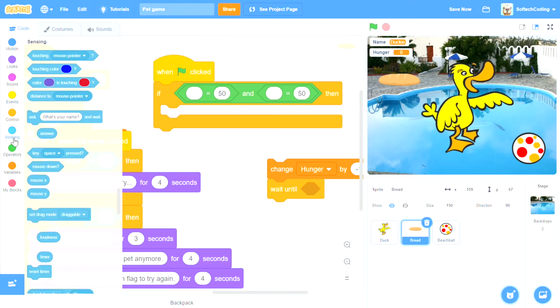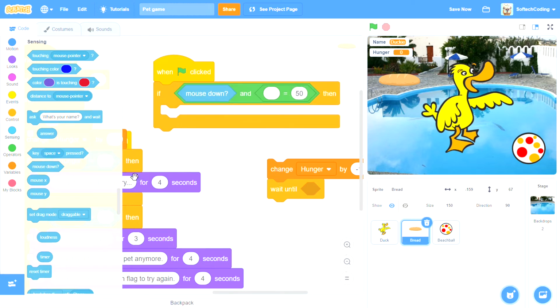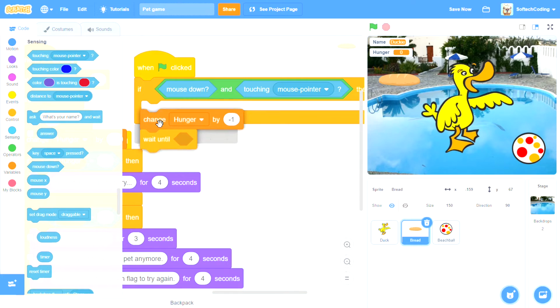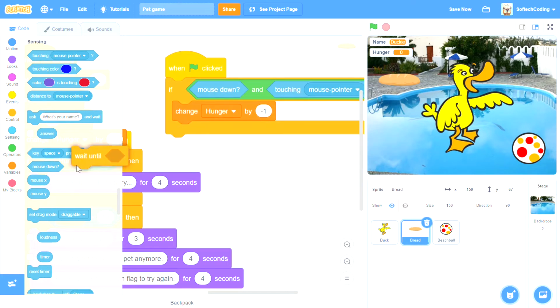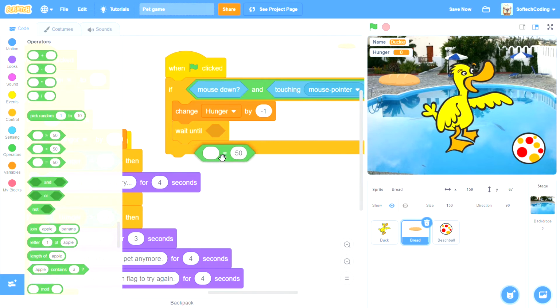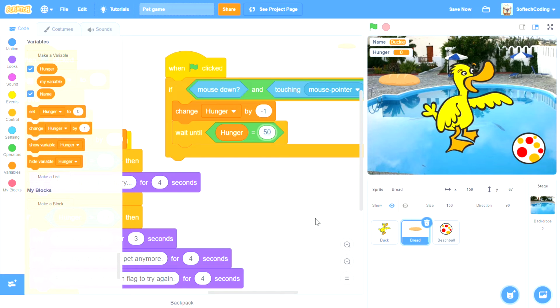Now we're going to do the same thing here. We're going to go to sensing. If mouse down, oh, we don't need this one here. If the mouse is down, alright, and we're touching the mouse pointer, that means that we're clicking on it. Alright, we're going to change hunger by -1 and we're gonna have to wait maybe a few seconds. What if we do the wait until? Wait until, let's go to operators, and the hunger has to equal variables. Hunger equals, you have to wait until the hunger equals,